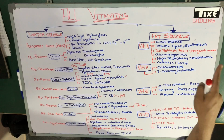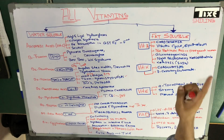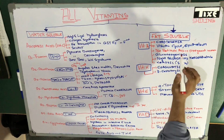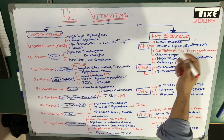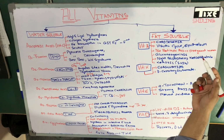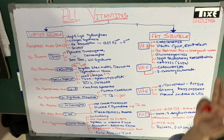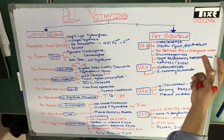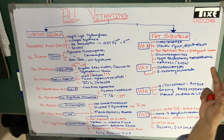They are converted to active vitamin under the influence of thyroxine. That's it. You have to remember this one. Carotenes, beta carotenes, are converted to the active form, the retinol, under the influence of thyroxine. Since thyroxine is required for the conversion of carotenes to vitamin A, which is the active form,